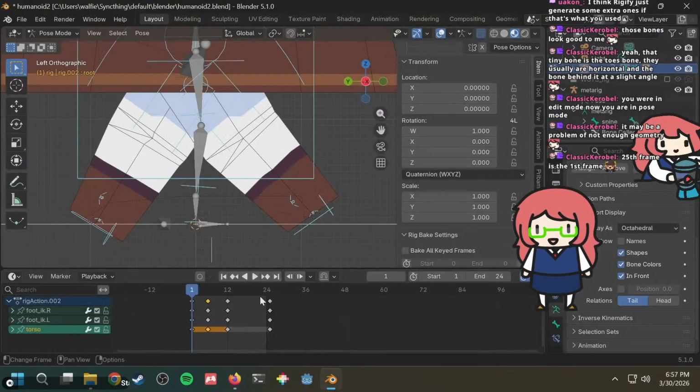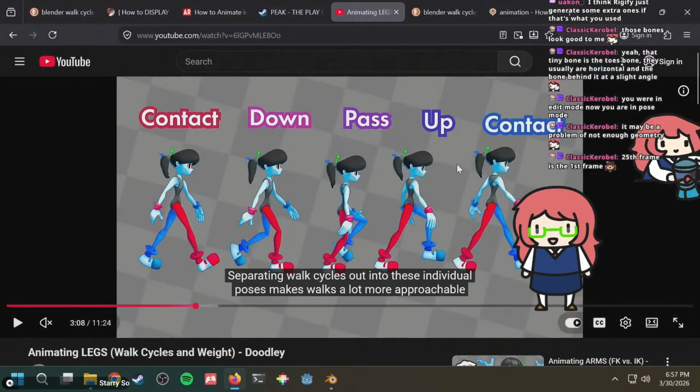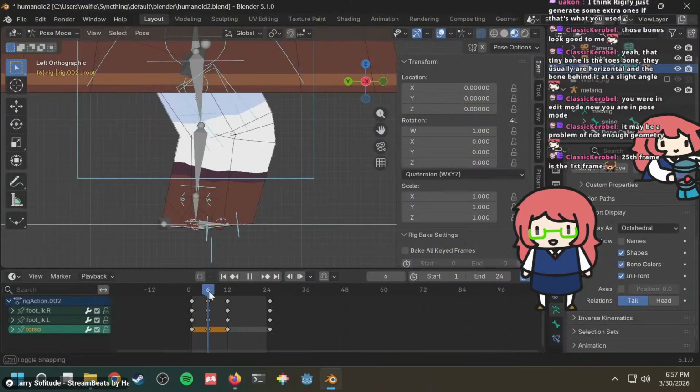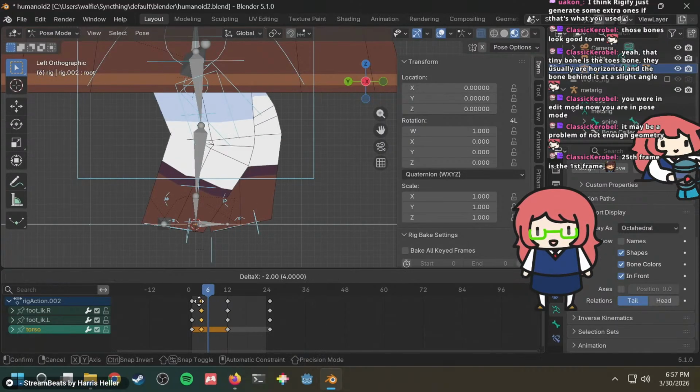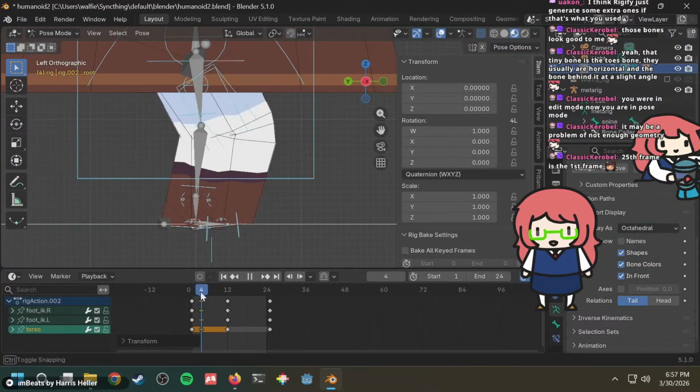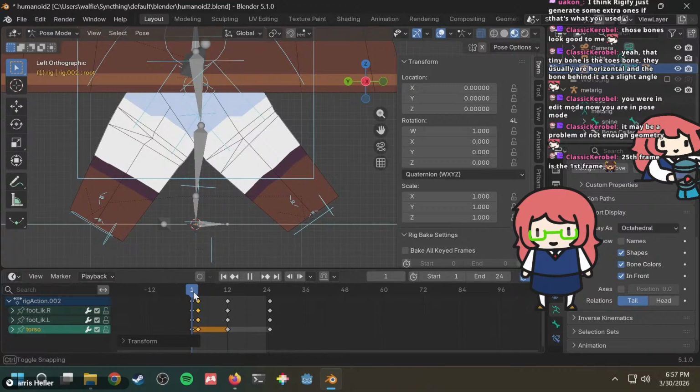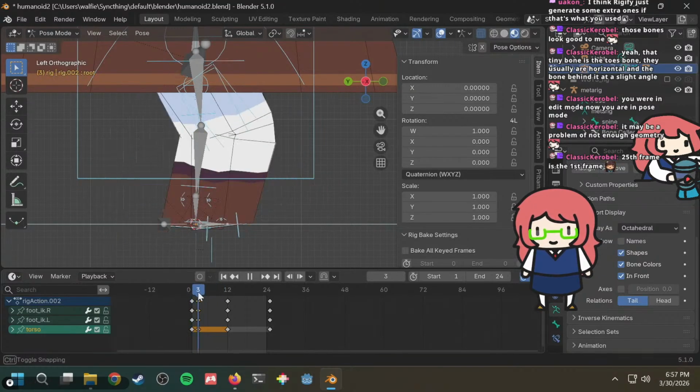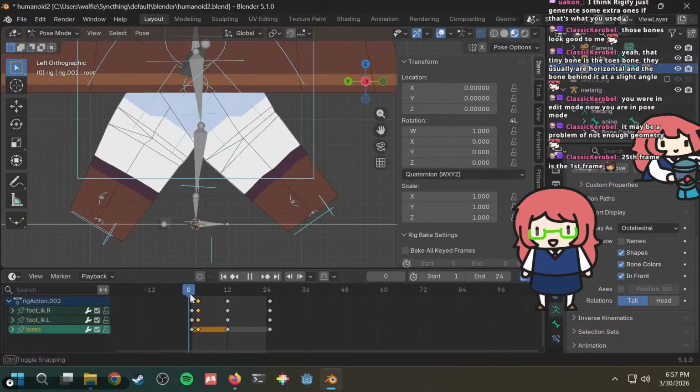So this one is just contact the other way. So this should be at 0, 3, 6, 9. So here, these should actually be at 3. Perhaps, maybe 3 is too short. Maybe this animation is too short. We could always adjust that after the fact.